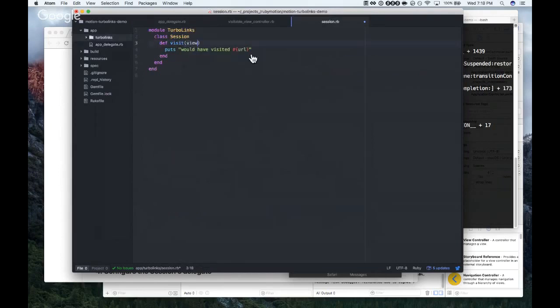Yeah, a view controller. Sorry. Let's say .inspect, just so we can see something.